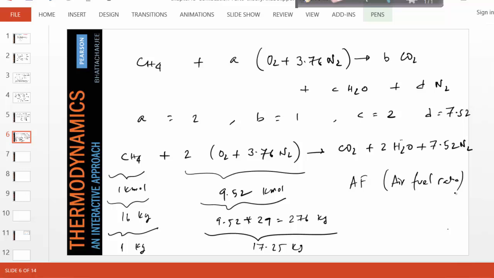So the theoretical air-fuel ratio is 17.25 for methane reaction. So if this is our baseline reaction for methane, 1 kg of methane will require 17.25 kg of air for complete combustion. The combustion is complete. Why? Because carbon goes to carbon dioxide and hydrogen goes to H2O only. There is no CO or there is no OH, etc. Why is the reaction theoretical? Because there is no leftover fuel like methane or leftover